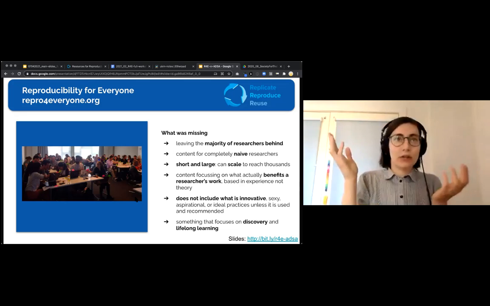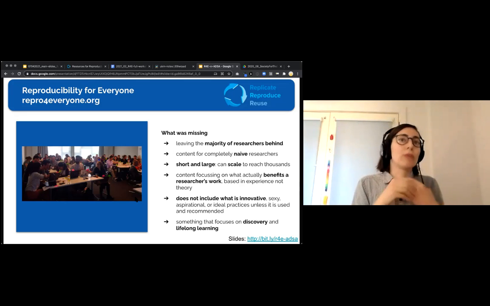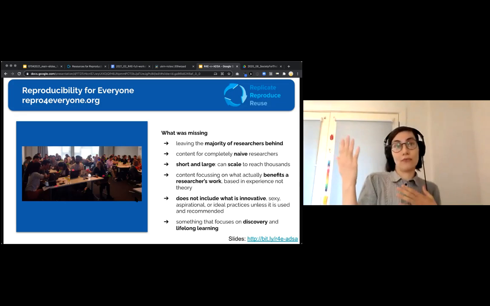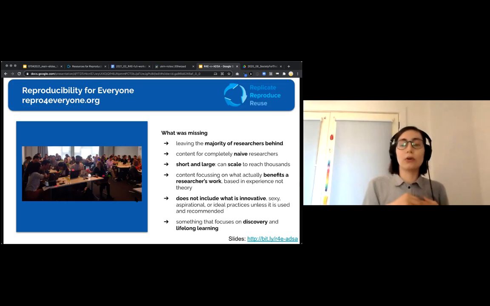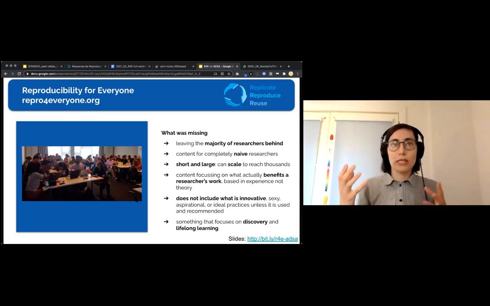do their analysis or something, but it might only be adopted by 100 researchers and it's not being used in the real world. So maybe, but we don't actually have that experience. It's just theoretical. So what we wanted to do with Reproducibility for Everyone is make an introductory workshop that can